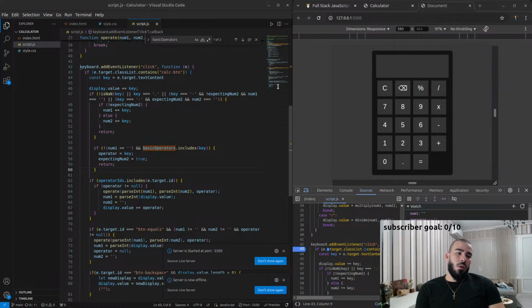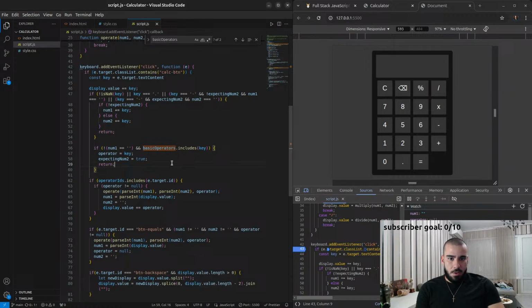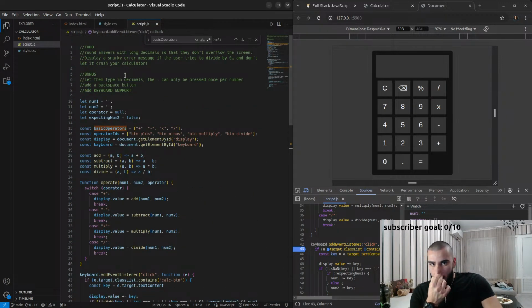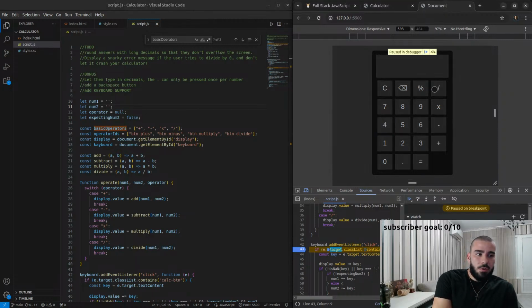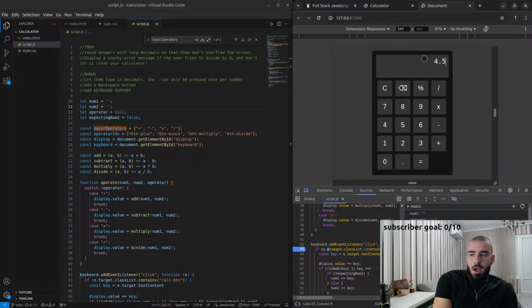So we're doing the calculator app, and we've made some pretty good progress yesterday, and I think what we're going to work on first is the floating point numbers, because currently, as you can see, if we try, for example, to input 4.5, I don't know how much you can see, but